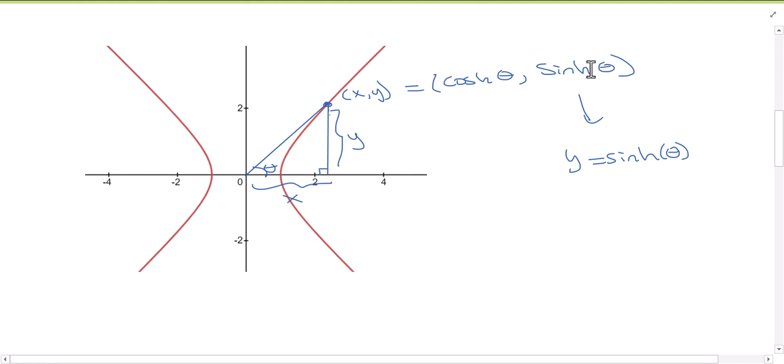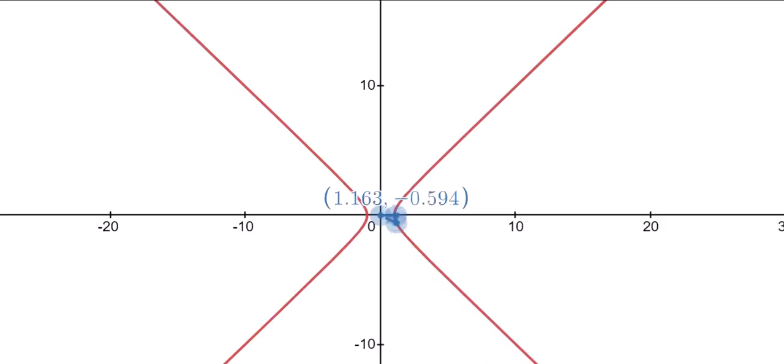I just want to show you real quick what that looks like to move this point along the hyperbola. So let's go to Desmos for that. Here we have the point moving up along the hyperbola. Notice the triangle as the point moves away from (0, 0), the triangle changes. As we move along the hyperbola, the y value is what is going to create the curve